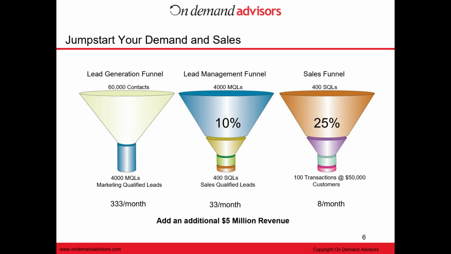Now, as you can see, we've created some math here that underlines this. So if we want to get $5 million, as an example, in the door this year as far as revenue, we know what we have to create. And this is great because there is no guesswork anymore. This is really a statistically relevant model in terms of how you create the growth you're looking for. So in this case, if your average transaction is $50,000, you know you're going to have to create 100 of those transactions. And everybody on this call, I'm sure, understands what your conversion rate is of the sales opportunity to a close. In this case, it's 25%.